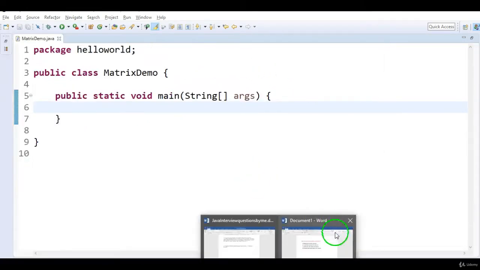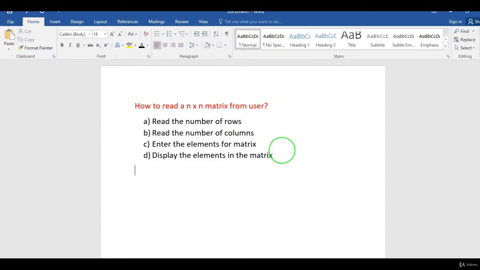So suppose I want to create a 2 by 2 matrix. First, I'll read the number of rows. What are the number of rows? 2. And what are the number of columns? 2. And suppose I want to store 1, 2, 3, 4 as the elements.